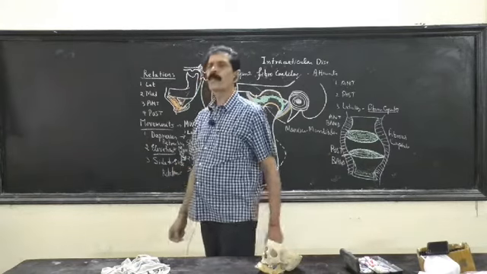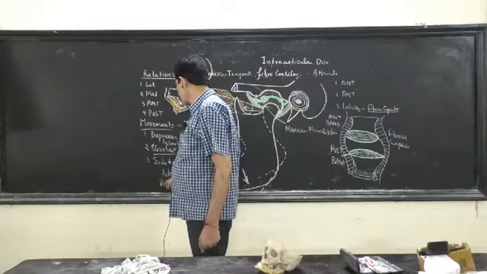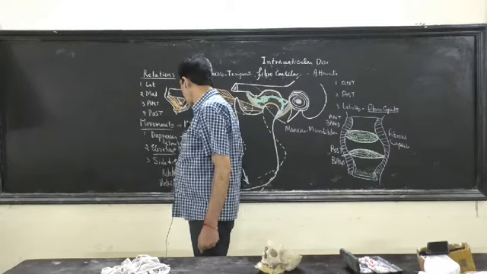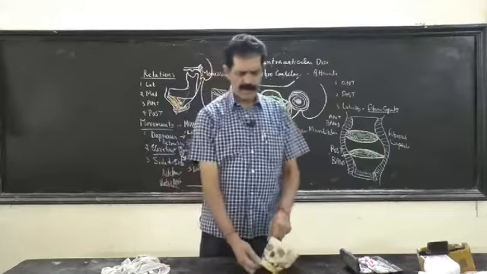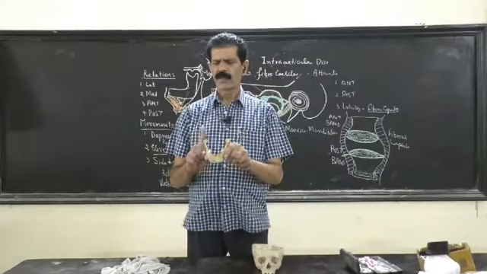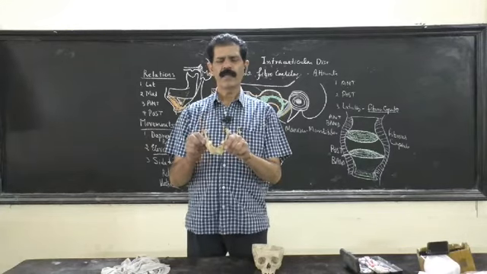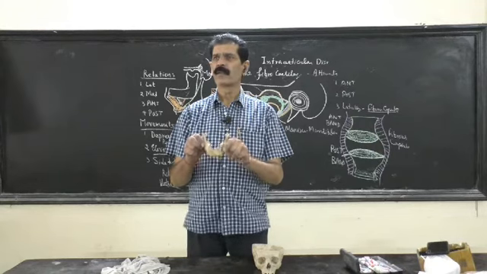This rotational movement acts on the vertical axis. So when the mandible is moving side to side, the axis is vertical. If the mandible is moving forward and backward, or upward and downward,